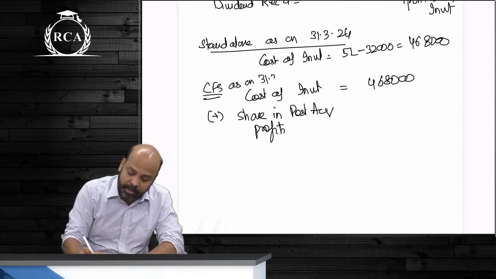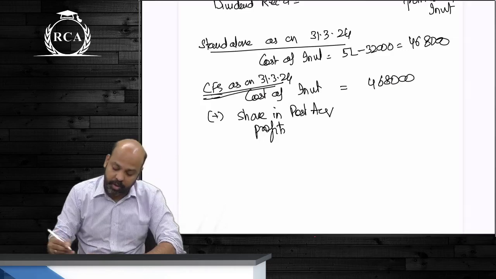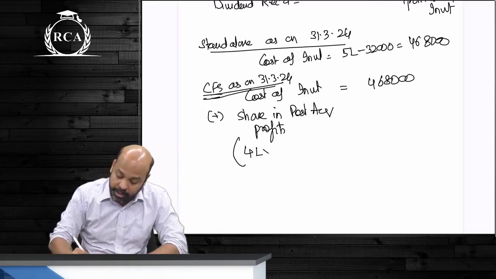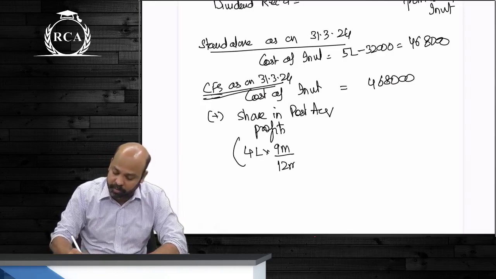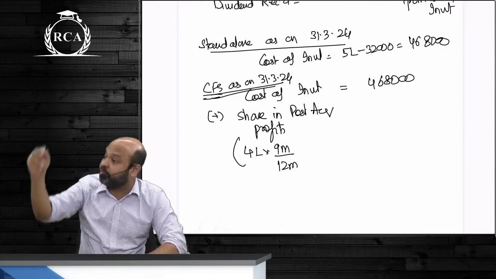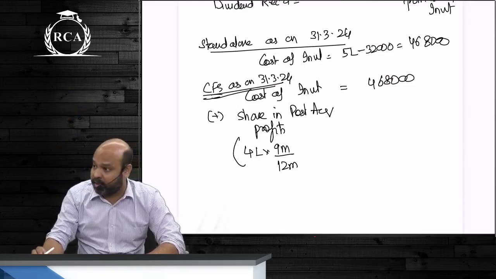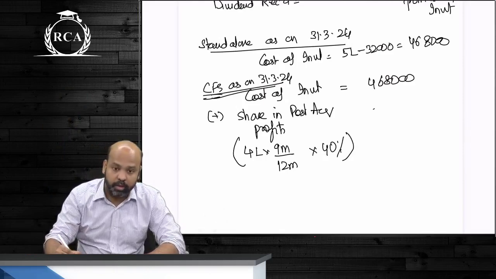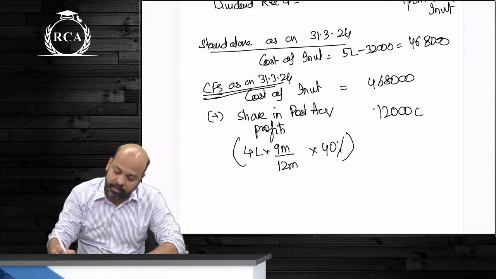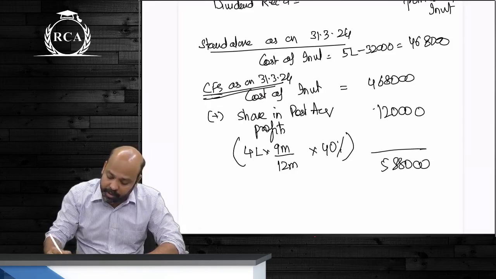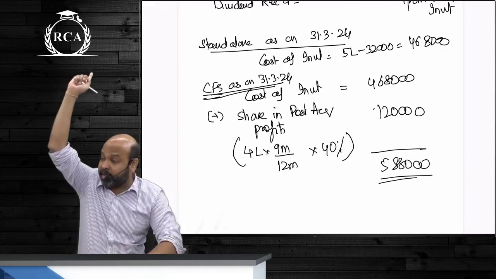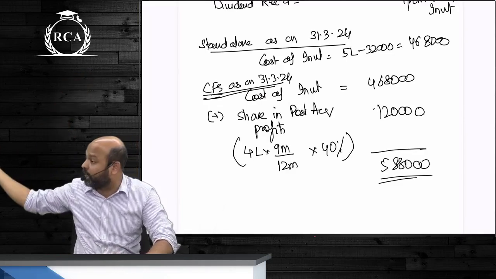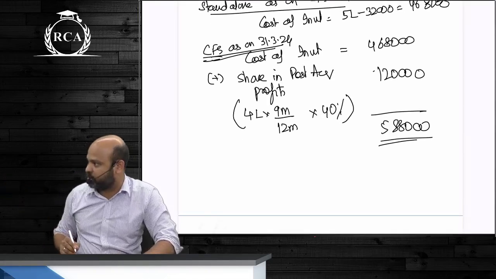This is as on what date beta? 31st March 2024. Sir, how much will be post acquisition profits? Take only for 9 months. Why only for 9 months? We acquired shares on 1st of July. Let's not forget that. इसका भी 40%. 1 lakh 20,000. So what will be the carrying amount? 5 lakh 88. Dividend कब declare करें next वाला? 15 September 2024. Not relevant for computing carrying amount as on 31st March.